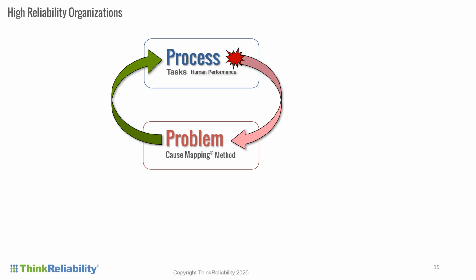There are tasks happening in every organization, whether flying planes or delivering medication, installing a piece of equipment or delivering a product. There are a variety of different tasks that involve people performing those tasks. Some are automated and there are equipment, but people have to install and maintain that equipment. So even if something's fully automated, it still involves people. So there are processes in your organization. When they don't go well, it's a problem.